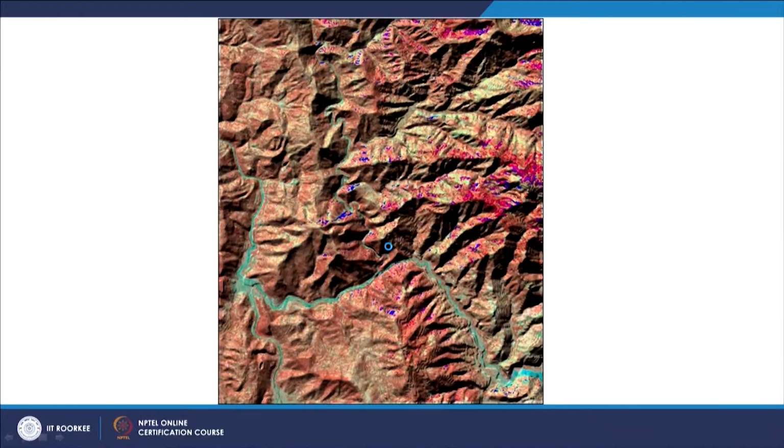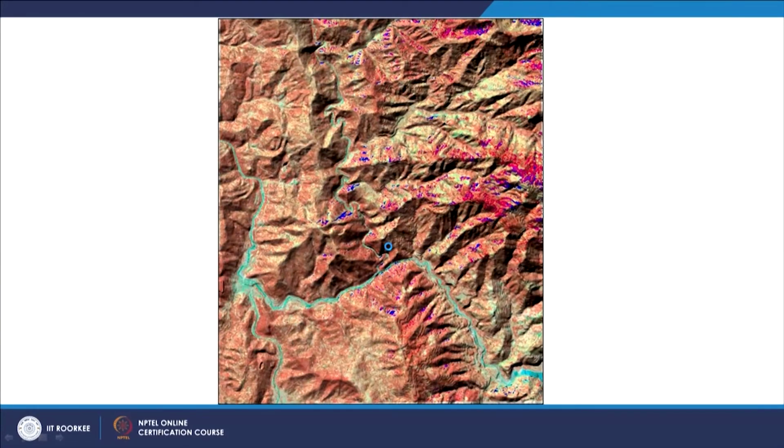One more I have where instead of changing the illumination direction, I have changed the illumination source height. That means from horizon 5 degrees to 90 degrees, because this is how the sun moves in daytime also. It rises in the east and then goes slowly above the horizon, and at noon generally it goes overhead.